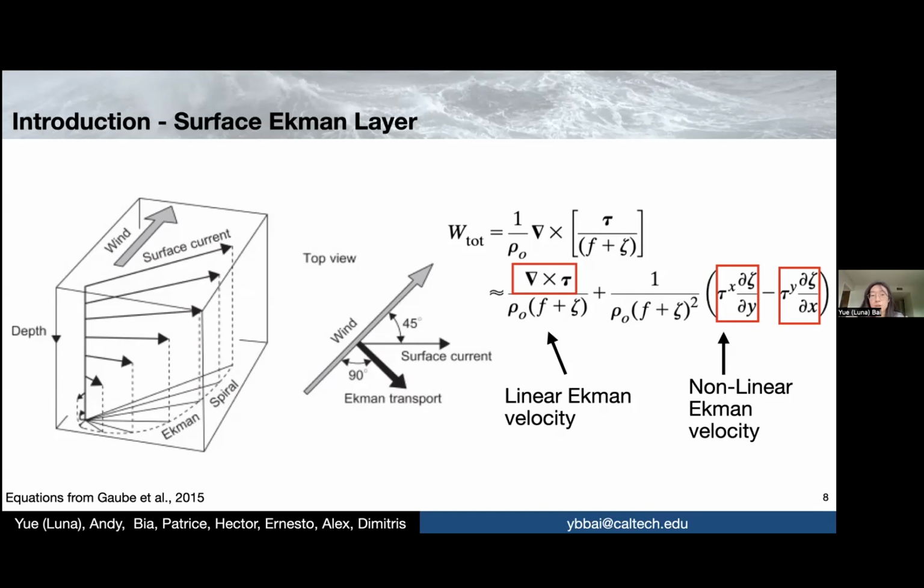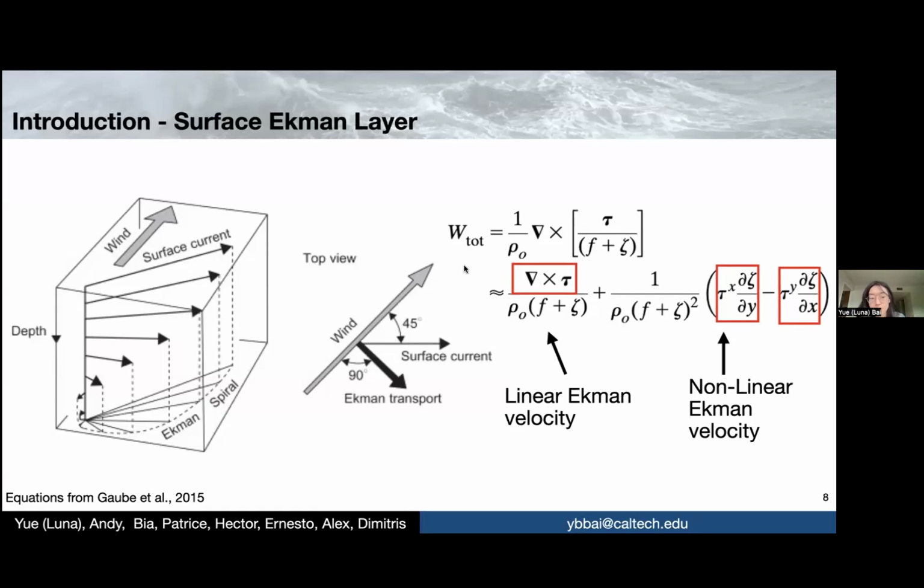Because we focus on the wind stress curl, a natural starting point for us to look at is the surface wind-driven Ekman layer. Here are just two schematics of the surface Ekman layer. We can see the wind is blowing this way. If we're in the northern hemisphere, the surface current is 45 degrees to the right of the wind, and there's this integrated Ekman transport. Then, because of convergence or divergence of these surface winds and Ekman transport, we would have